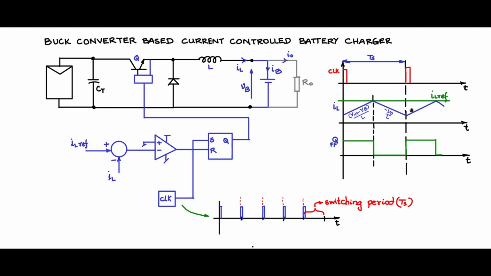So observe that whatever current value you are setting, IL ref, the inductor current, the current that is going to the battery load combined, never exceeds the IL ref. So it is always below the IL ref and gets controlled in this fashion. And this is called current control. It is as though every cycle there is a check for the currents, and the moment there is an overcurrent within a cycle, it is switched off.